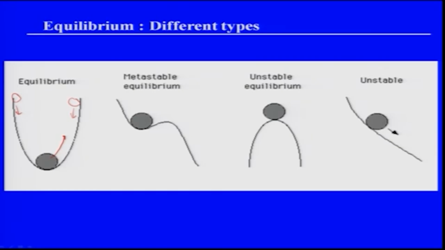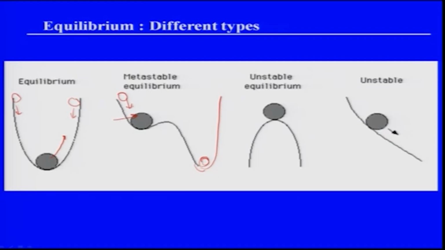Am I clear? Now we can also have a kind of local minima, okay, such things are possible. So if I drop a ball here, it should have fallen back to the global minimum, but it is not, it is going and settling here, because there is a local hump or some local space to occupy this ball. Only if I give a push like this, it will fall back to the global minimum. Once it falls back here, it cannot be taken out again unless you apply force and put it there. So this is what is known as metastable equilibrium.